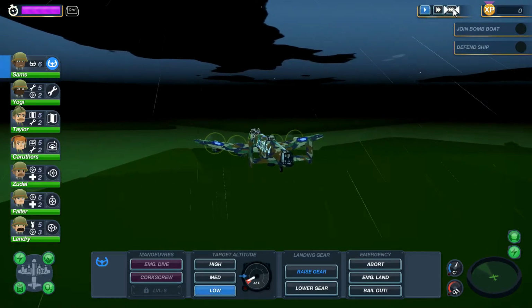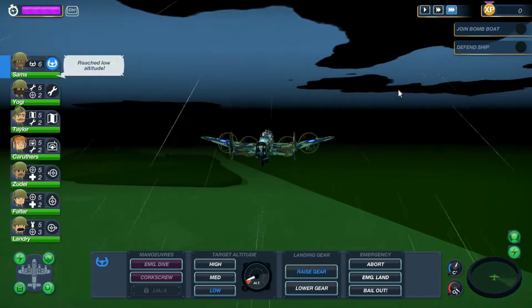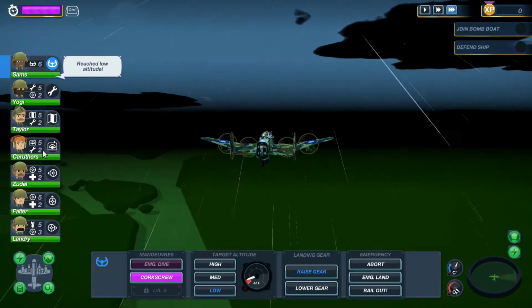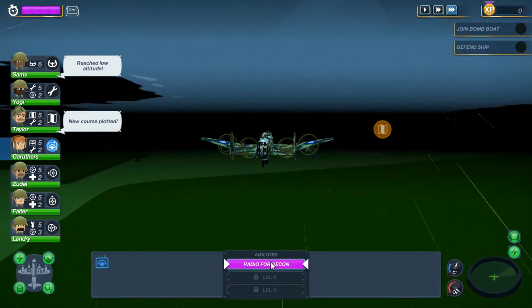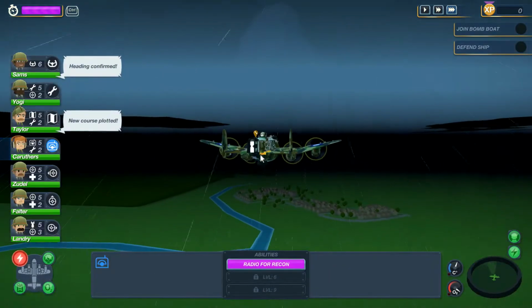We are over friendly territory, so let's speed up time. One of the abilities that our radio operator has unlocked, again, is radio for recon. Let's wait till we get a little bit closer to the coast, and then radio for...